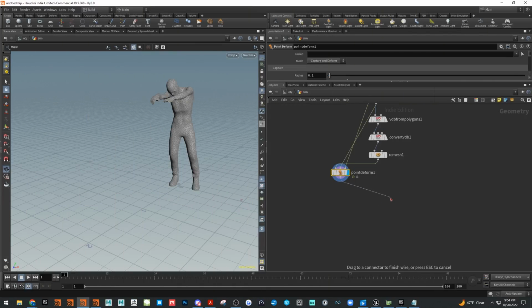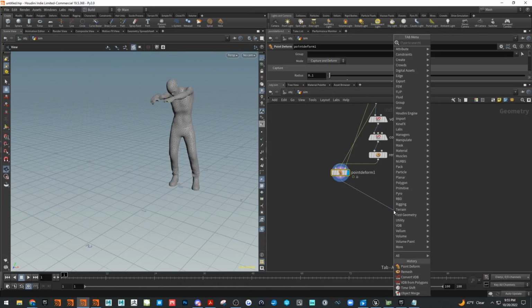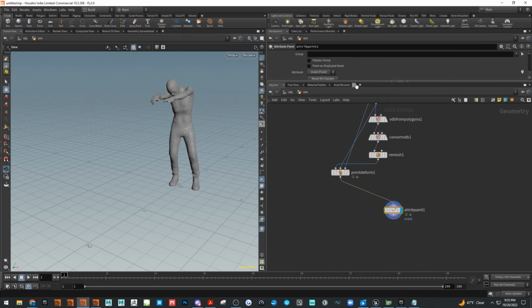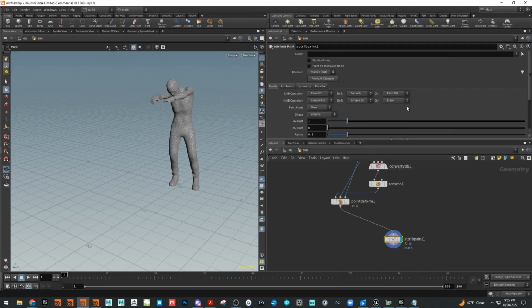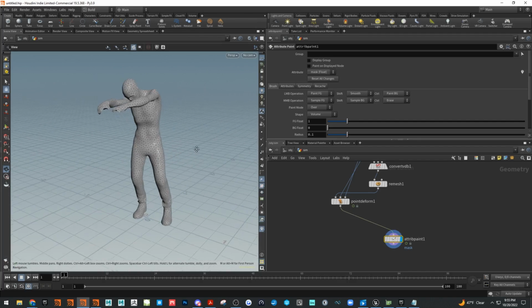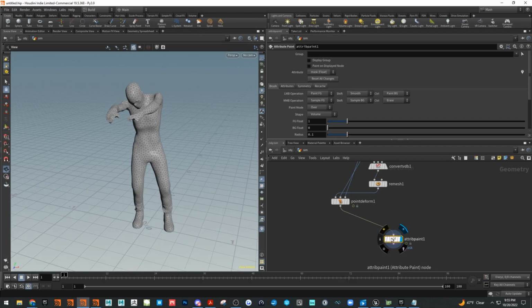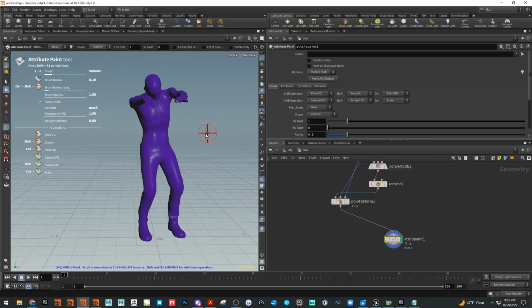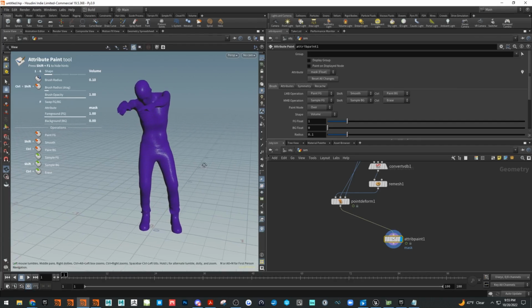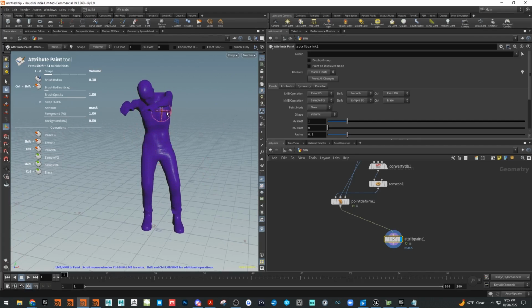Okay, here we go. The next step before our Vellum simulation is we're going to set up an attribute. And we're going to use a new node called attribute paint. This node is really cool. And basically, we won't get into any of this right just a second. I want to show you the paint features first. So we'll have the attribute node selected. Now in the viewport, if I hit enter, you can see we go into a paint mode. And basically how I like to remember this is anything that's purple will get our Vellum simulation. Anything that's not will get the rest pose,